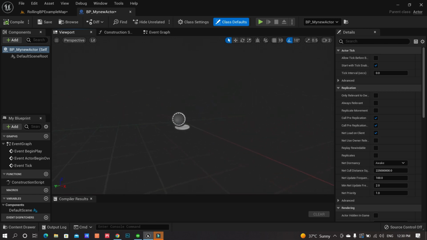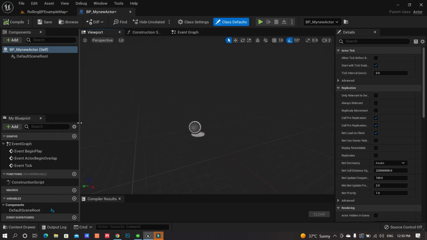This is the center point, the origin basically for your blueprint from a visual aspect. So anything which will be placed here will be in the center of it. On the left side, we have a panel where we can add components which can then be visually represented with our blueprint here.